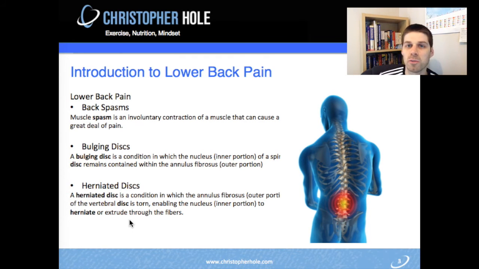With regards to causes of bulging and herniated disc, again, it's using the spine properly. To quote the definition, it's spinal flexion under a moderate load, or repeated spinal flexion under a moderate load. The more we are bending our lumbar spine, the more it's sort of pushing and pulling. If I was to take a seed between my thumb and index finger and push down on the front, the seed is going to pop out of the back. In some ways that's what's happening with herniated and bulging disc, in the fact that we're sat for so long doing work at desks.